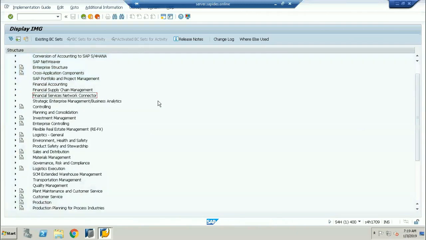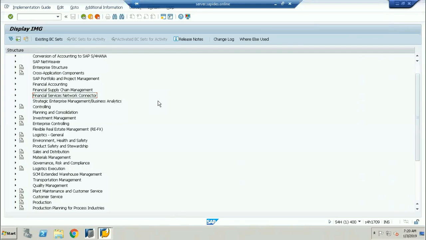Posting to the different non-leading ledgers: very, very important sessions we are going to be starting, so I want everybody to get added to the classes. Why? Because if we understand the concept of ledgers now, then tomorrow the concept of the extension ledger will become very easy. Tomorrow we are discussing the extension ledger. This is the new ledger which has been introduced in SAP S/4HANA.